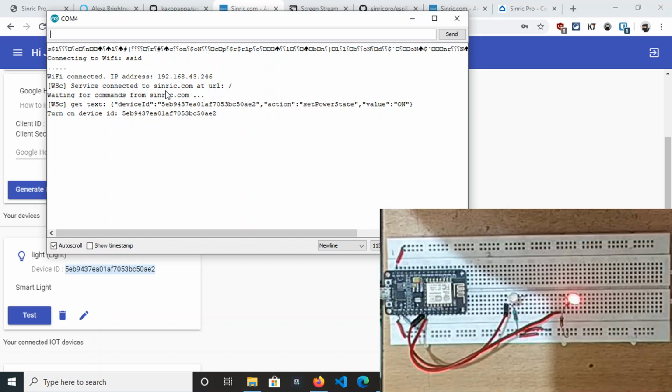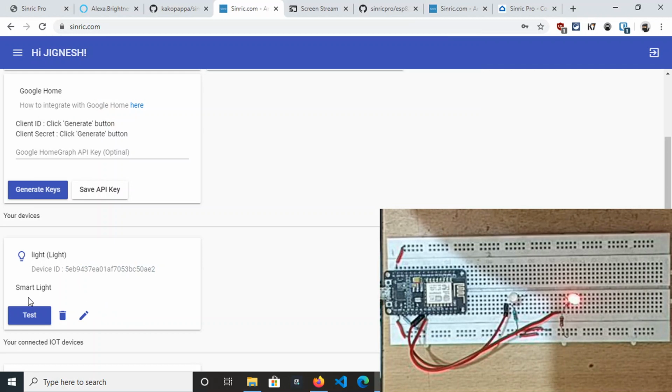You can see here turn on device ID 5E-AE2, the same device ID which you can see right here. I have changed the name of red to light because it was giving some error, not getting an appropriate response from Alexa.